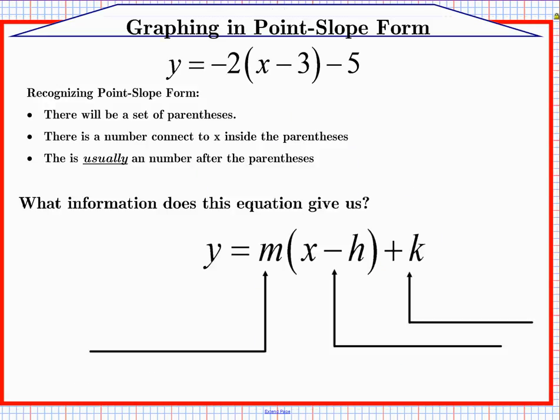Okay, so in point-slope form, there's going to be a set of parentheses that let you know that you're in point-slope form. There'll always be a number connected to x inside these parentheses, either by addition or subtraction. And there is usually a number after the parentheses. The information that these give you is